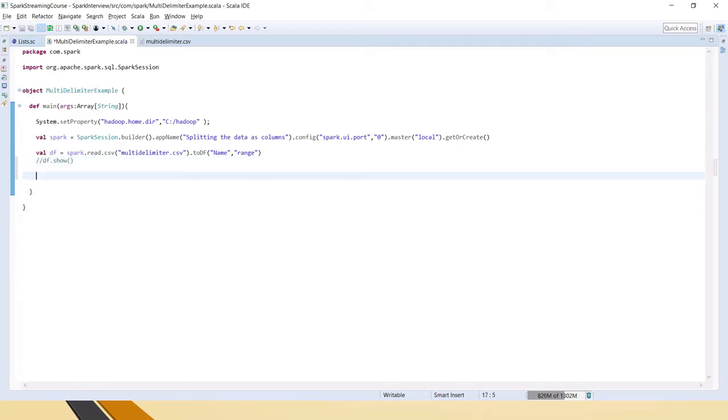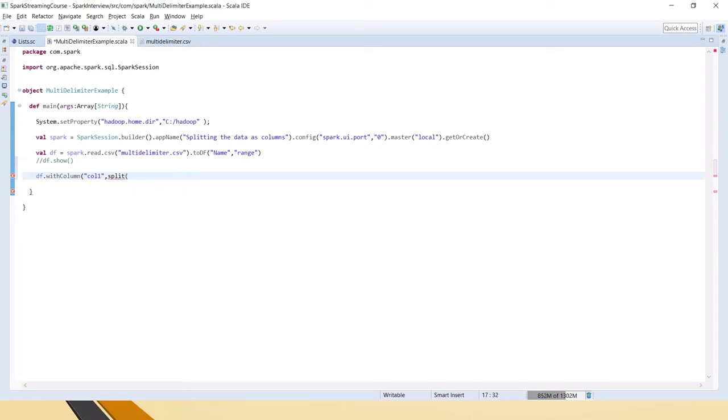We have seen a similar one in the previous videos, but today we will see a different way to solve this. Now let's do it with column. Because we have to split the range column, I am using range, but we have to give a different name, just for your understanding. In that column name I am giving column 1, and using the split function.